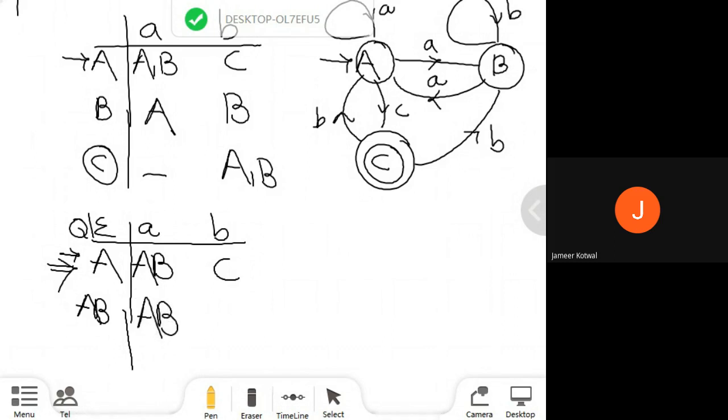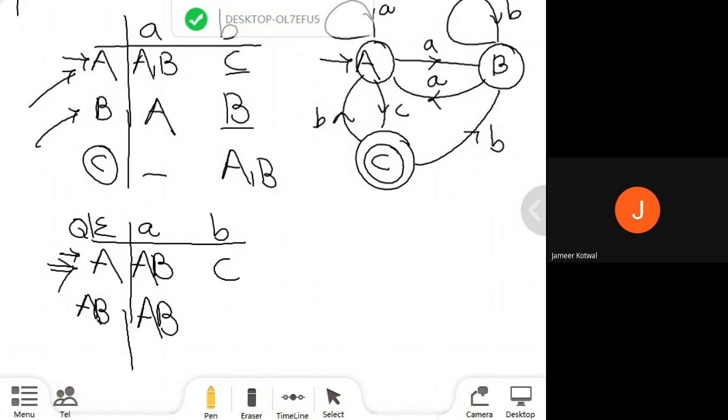So in AB, after processing A, it remains in the same state. What about B? In the NFA, in state A, I am going to process B. It reaches state C, and in state B, by processing a small b, it reaches state B. So these are two separate states where it reaches by processing B. So what will be the output?